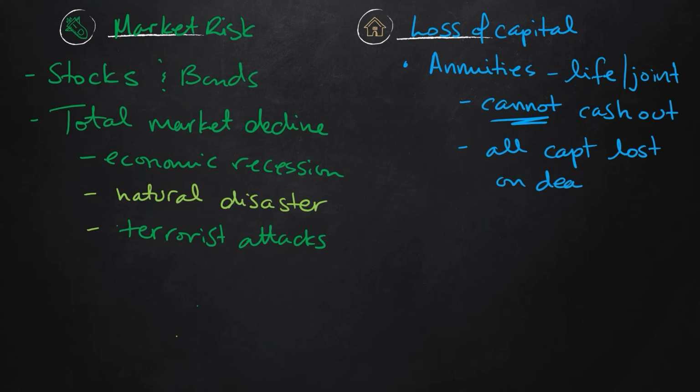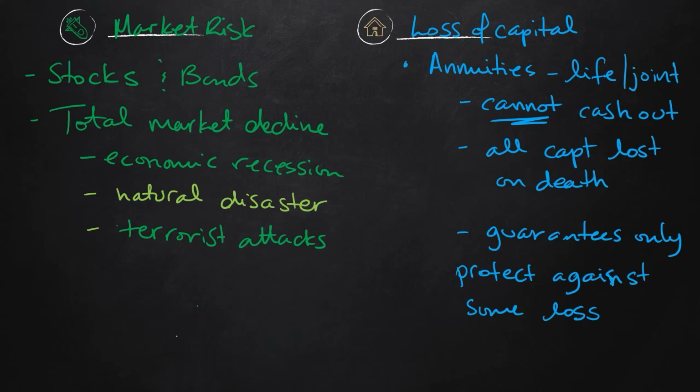The way to avoid some of this potential risk is to put together a joint life annuity. With a joint life annuity, there is a little bit of protection because when one beneficiary passes away, the spouse, typically, can take over and will continue to receive those payments. However, when both people pass away in a joint annuity, the capital is still lost. Guarantees are a way that can protect against some loss, but really not all loss. Typically, guarantees are not available for the entire life of an annuity, and they can be expensive.